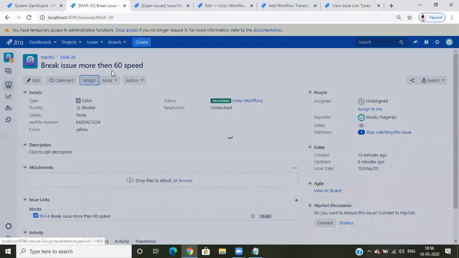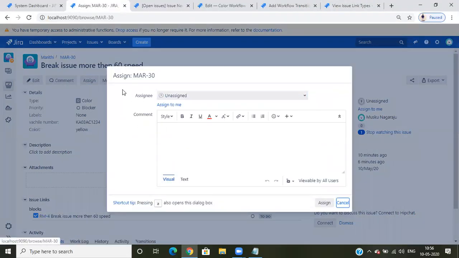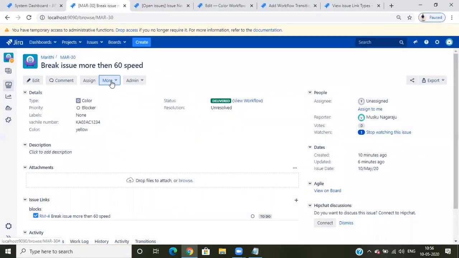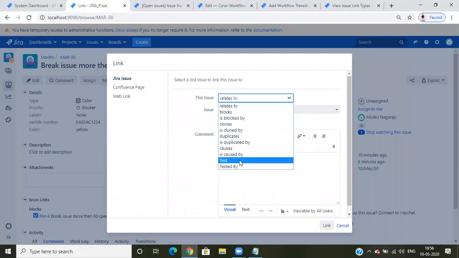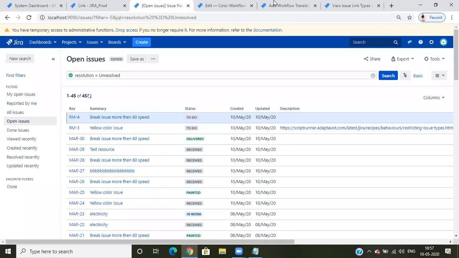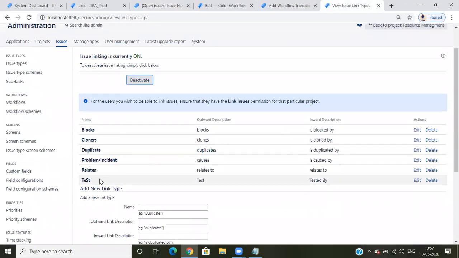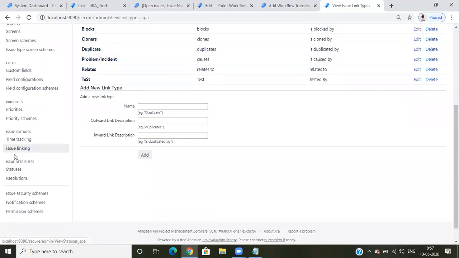If I now click on issue linking, link issue, see, test and tested by. Suppose like caused by is there. So both options, test and tested by, are coming here. So that is added in the backend. To add any custom issue linking, we need to add from this place.